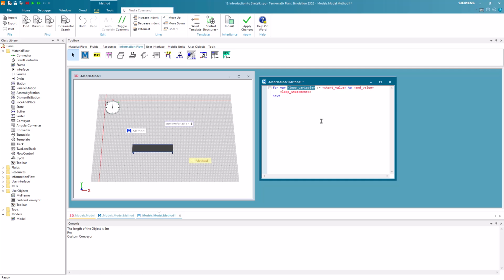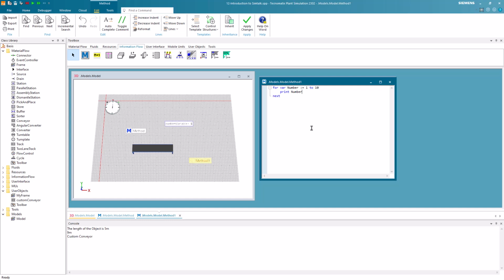Keep in mind that when the end value is less than the start value, Plant Simulation does not execute the loop at all. We then define a variable, which we will call number, as loop variable and initialize it to 1. The variable should run until 10. Currently, the loop variable is increased at the end of the loop. However, keep in mind that you could also let the variable decrease. You can achieve this by inserting a down to instead of the to. If the variable is between the start value and the end value, it should execute the statement print number. If we reach the end value, the for loop is exited.